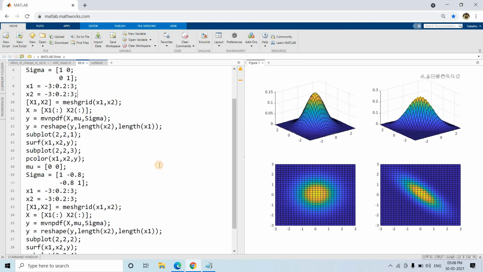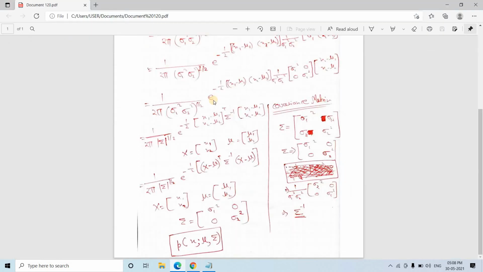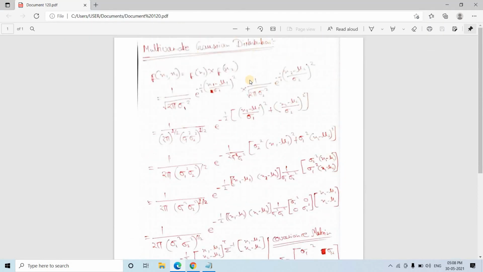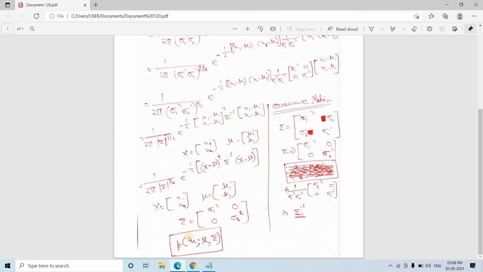That's it. I just played with the variables, that is mean and sigma, and tried to show you different distributions, and the main function which is working is MVN-PDF. So you can explore the documentation about this function in detail. I hope the concept of the multivariate Gaussian distribution is clear to you. Next time, in my upcoming video, if I directly use this particular equation to explain that this is the multivariate Gaussian distribution, you should understand it.